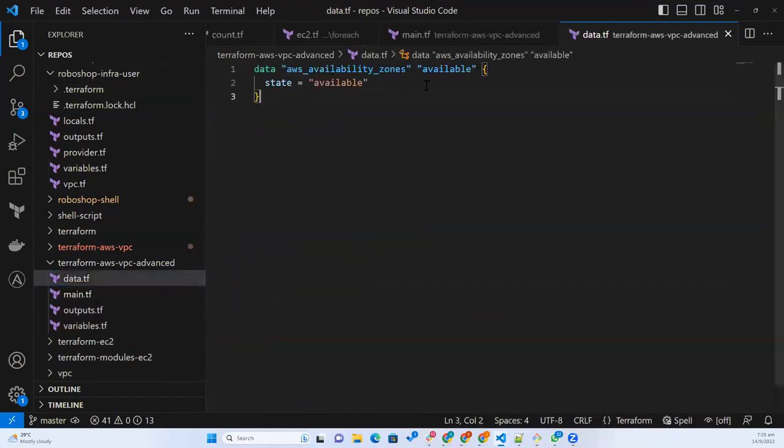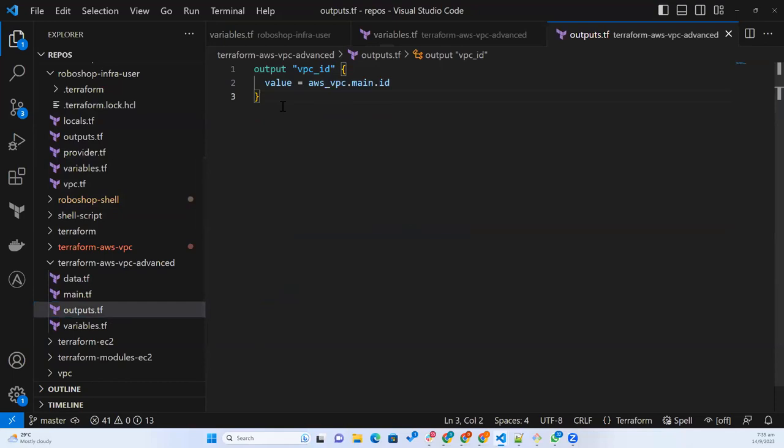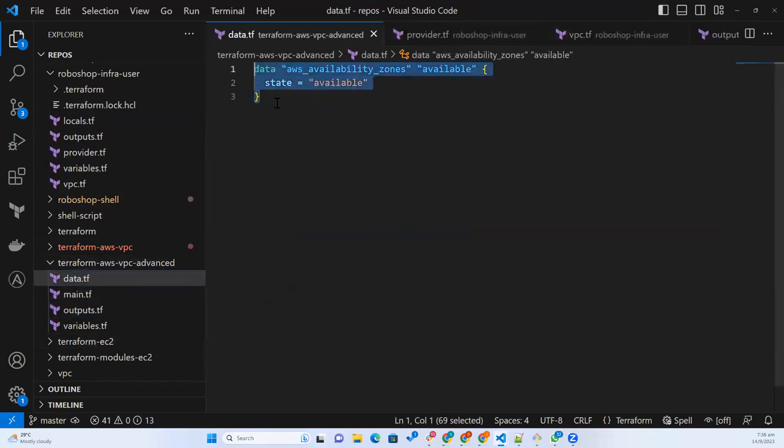So our module developer is querying AWS, and then he is asking for the availability zones. So how does he get the region, which region? The region is always provided by the user. You can see that in our provider.tf. So this is the region. According to this region, our module developer will pull the availability zones. Where is it? So these are the availability zones. Out of this, we need to get